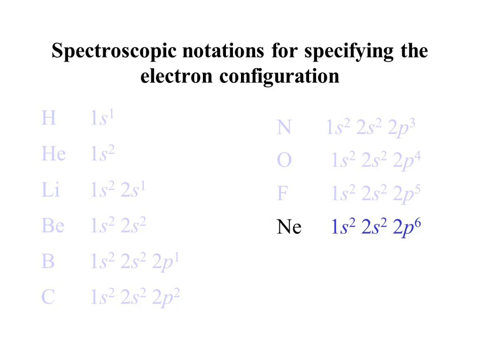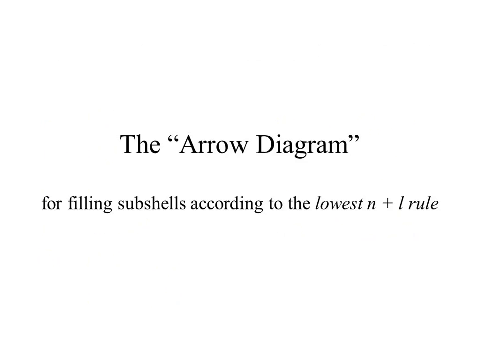Okay, all right. So one of the things I still need to talk about is the arrow diagram. If you're a visual person, we're going to start to load the low energy subshells, and then the next low energy subshell, and the next. The best way to know the order is this arrow diagram. It will have things shake out with regard to their lowest n plus L value of a subshell. So in order to prepare the arrow diagram, which a lot of times I make on my test,